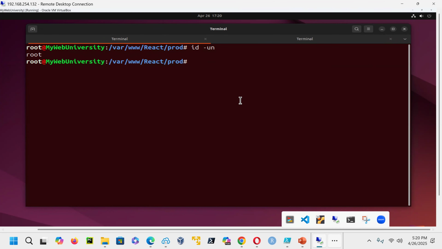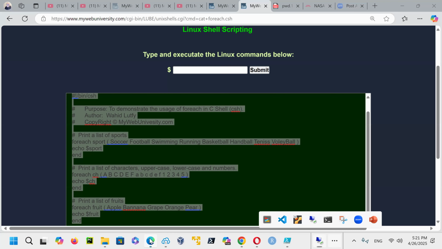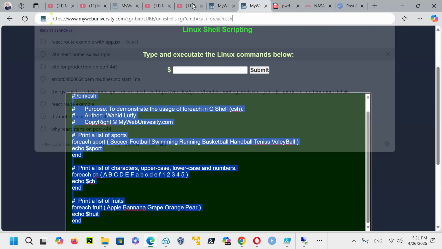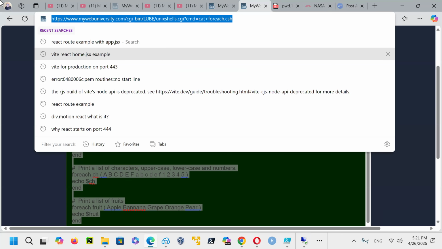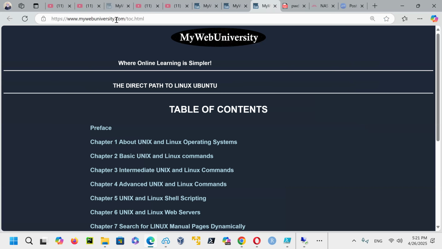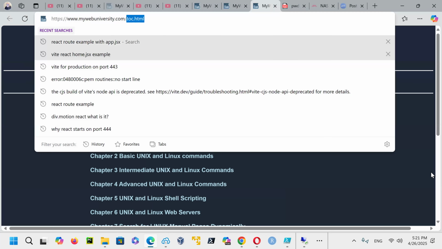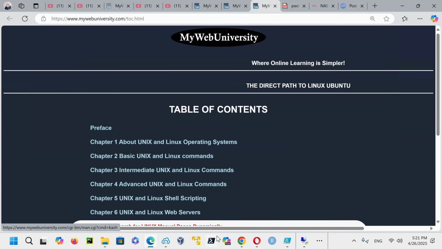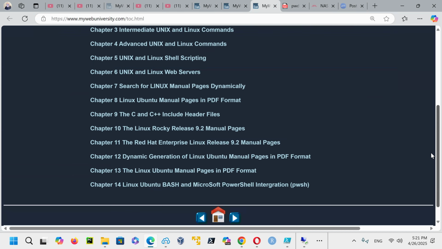Now on this one, I'm going to go to a script. Notice on my website, on the main page, if I go to my web university, on MyWebUniversity.com, and click online books, you're going to see this table of content .html. This is the page that I'm going to update for you, so you have a chapter 15.